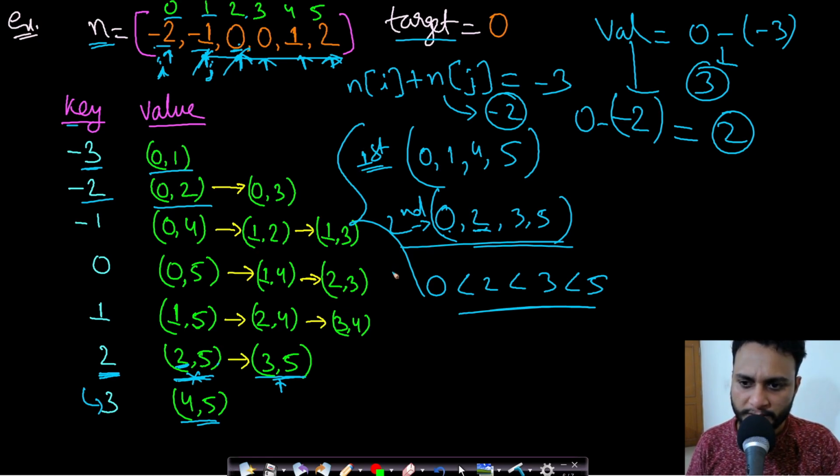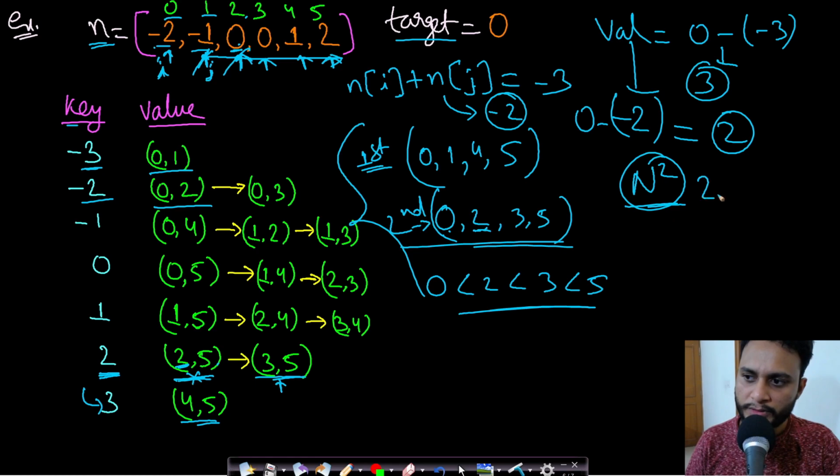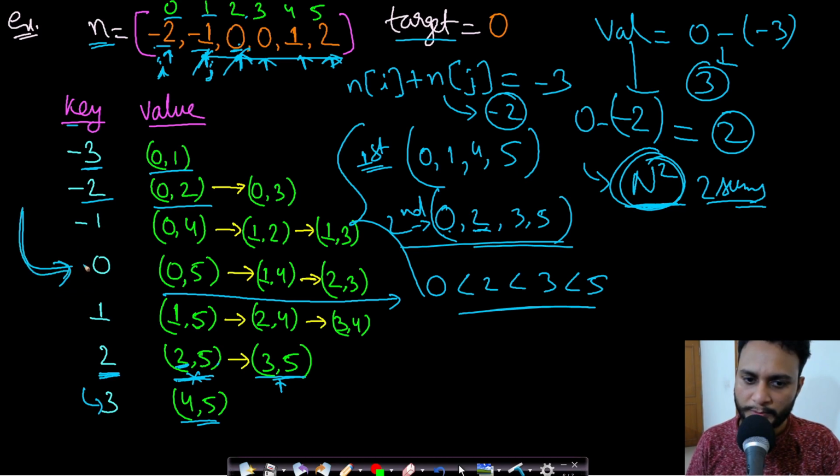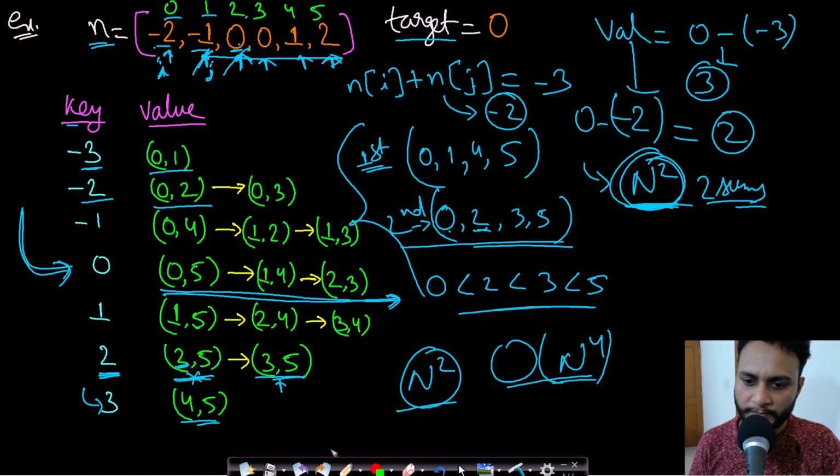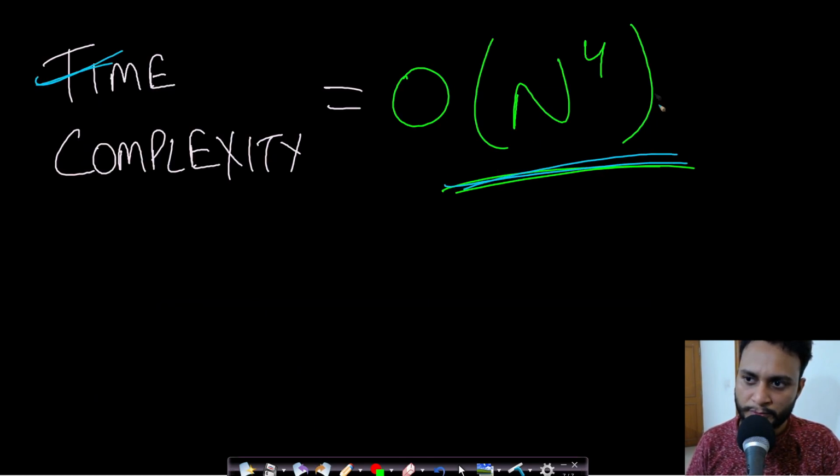So what will be the time complexity here? What we are doing is we are finding all the possible n square 2 sums and storing them in a hash map. And we are now accessing the key and traversing all the keys. In the worst possible case, all our n square sums might be present at the same key. So the chain length in this case will be n square, and we will be doing linear traversal for these n square elements. Therefore the time complexity will be n square into n square, which will be order of n to the power 4. This is the worst case, right? So the time complexity of the third approach is n to the power 4.